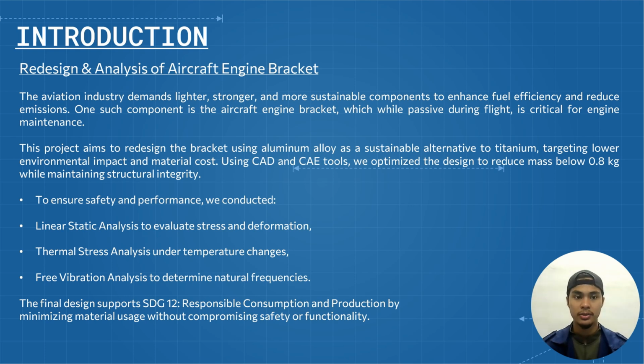The aviation industry demands lighter, stronger, and more sustainable components to enhance fuel efficiency and reduce emissions. One such component is the aircraft engine bracket, which, while passive during flight, is critical for engine maintenance. This project aims to redesign the bracket using aluminum alloy as a sustainable alternative to titanium, targeting lower environmental impact and material costs. Using computer-aided design and computer-aided engineering tools, we optimize the design to reduce mass below 0.8 kg